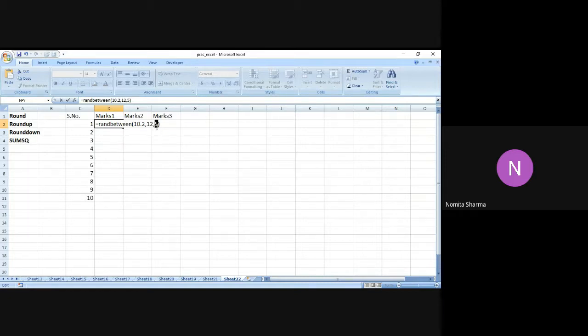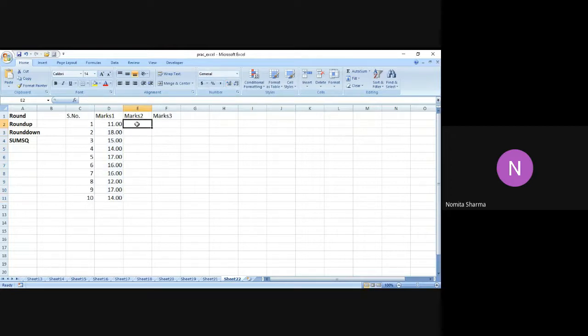I've got this as the answer. Let me increase the width, like this. Now, let me drag it down further, and let me see. Okay.